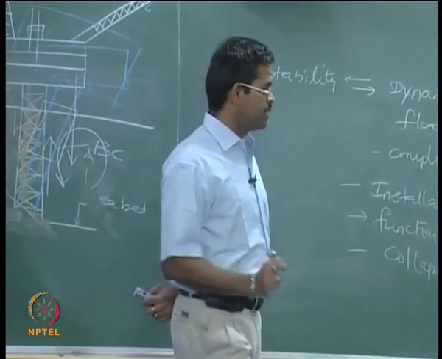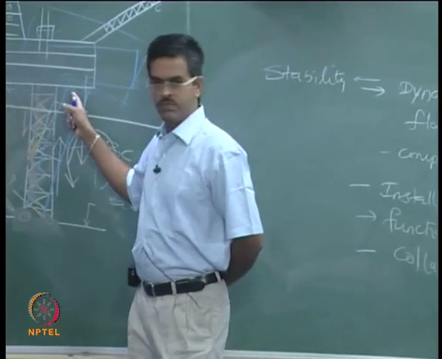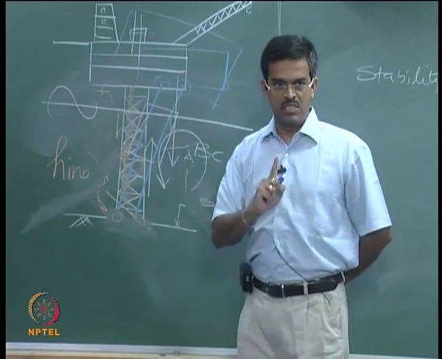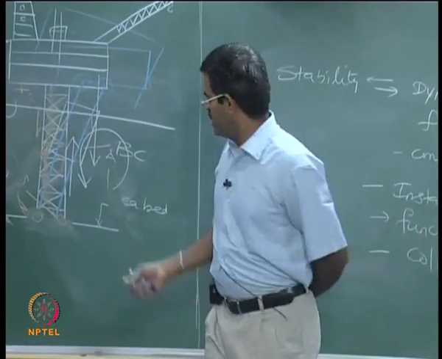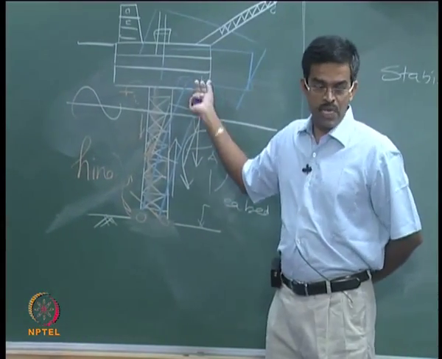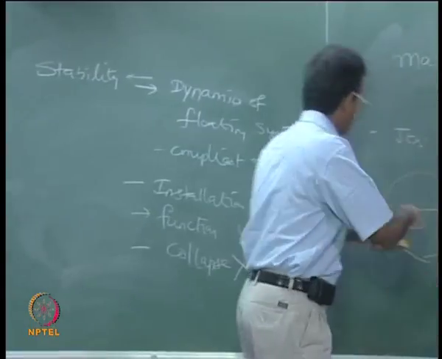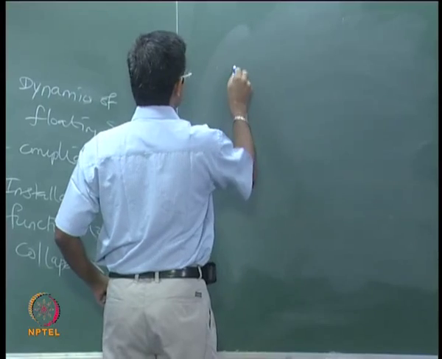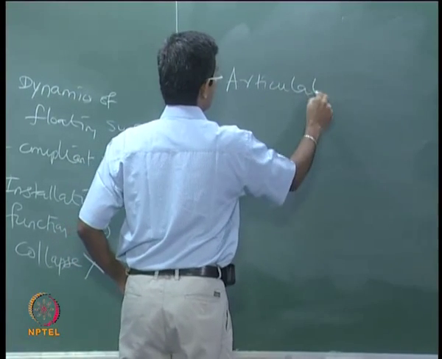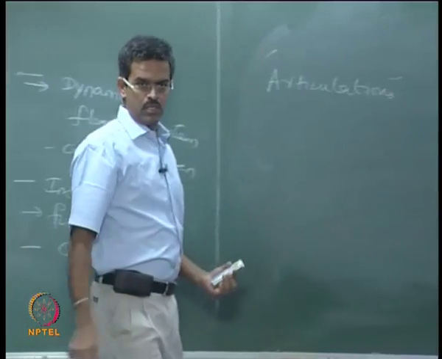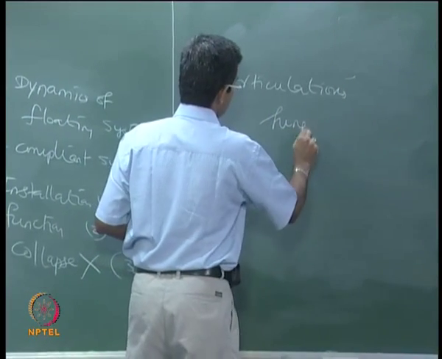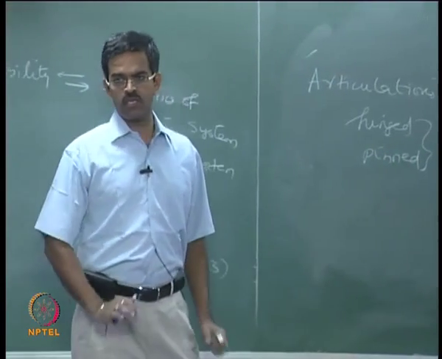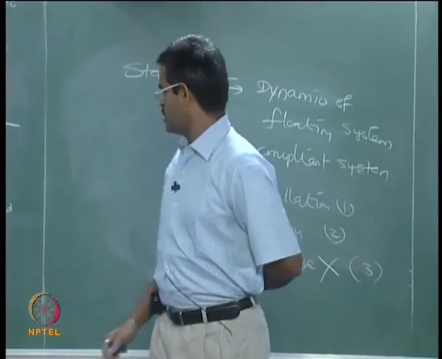So, one important catch here is when you evolve a new form, people thought of different kinds of connections or joints initially. So, the form evolution started with introducing joints, which I call technically articulations. These are no more called joints, they are called articulations. Articulation is nothing but hinge or pinned connections as far as mathematical modeling is concerned. So, I am going to introduce joints.